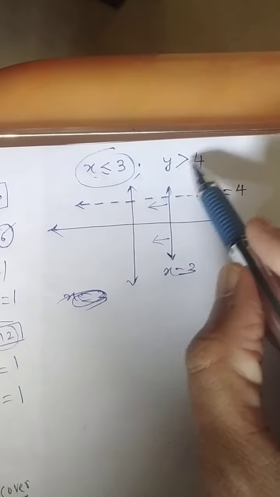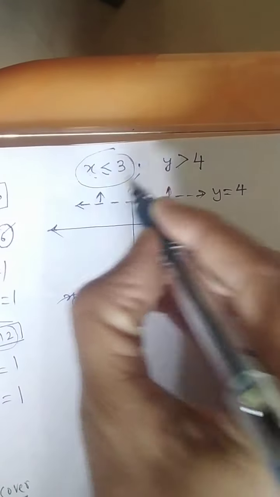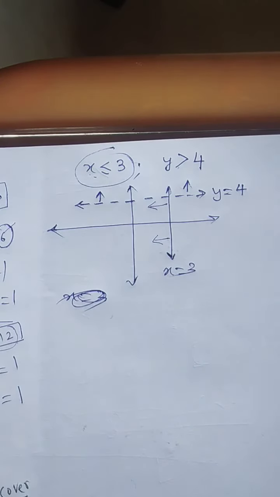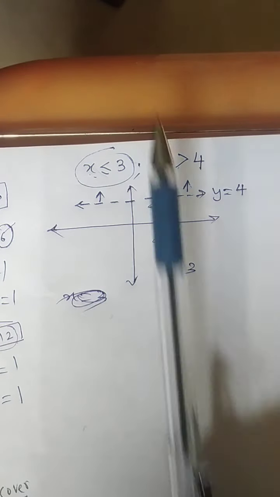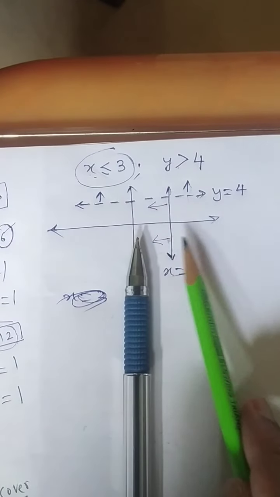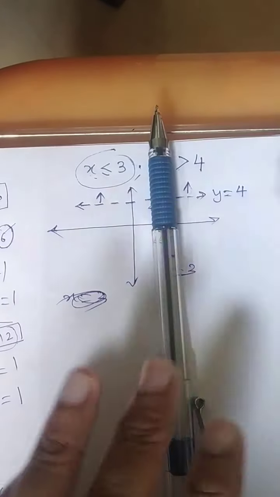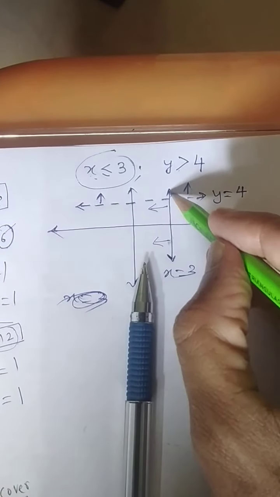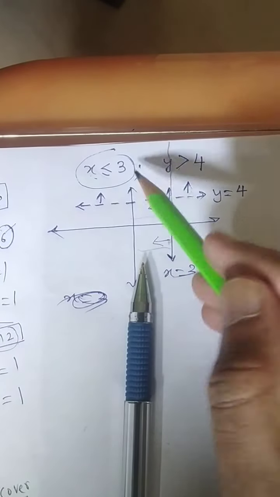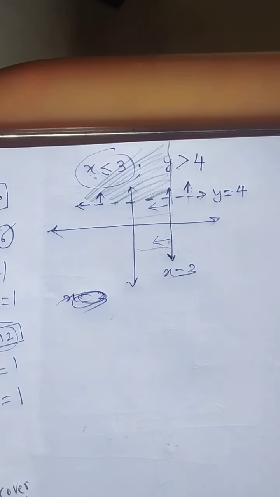Now y is greater than 4. So which side will be the portion? The line above over here. Now you should think about, do not think about x and y axis. On the left hand side of this, listen to this one. These arrows we are putting over here. On the left hand side of this and upside of this one. Which is the portion? On the left hand side and upside. This line will be a straight line. Okay. Left hand side of this one, upside up. So you will be getting, this is nothing but the solution.